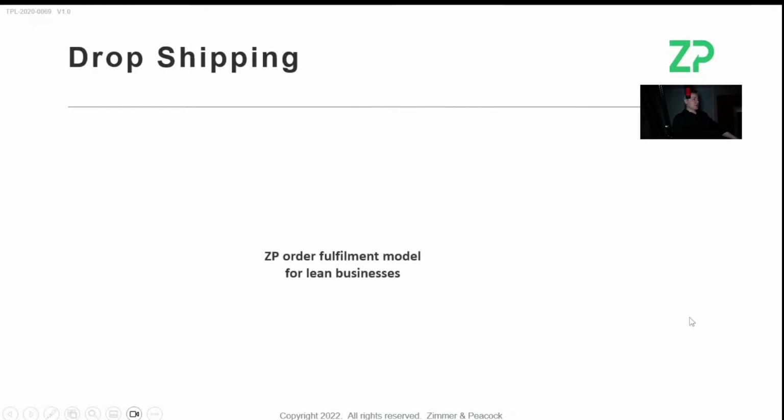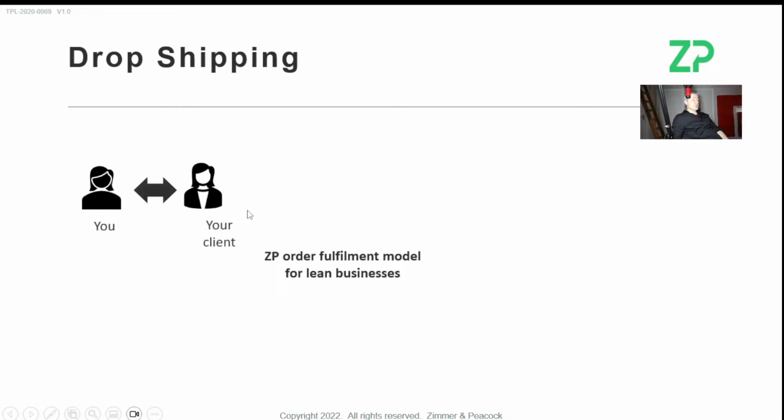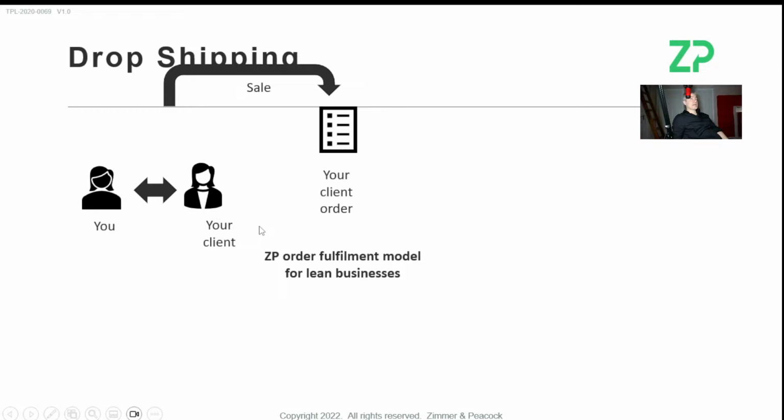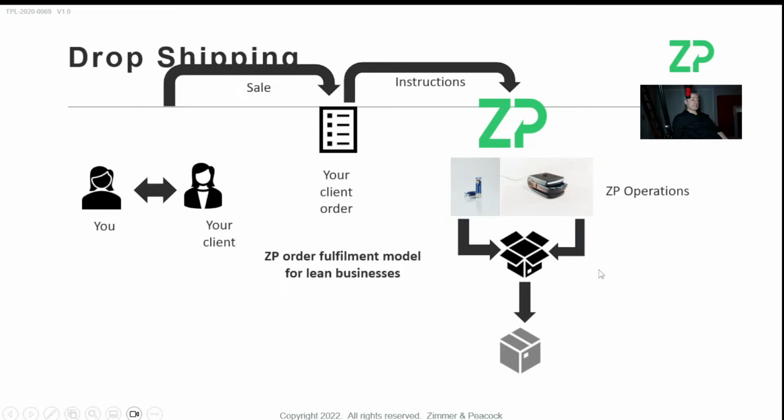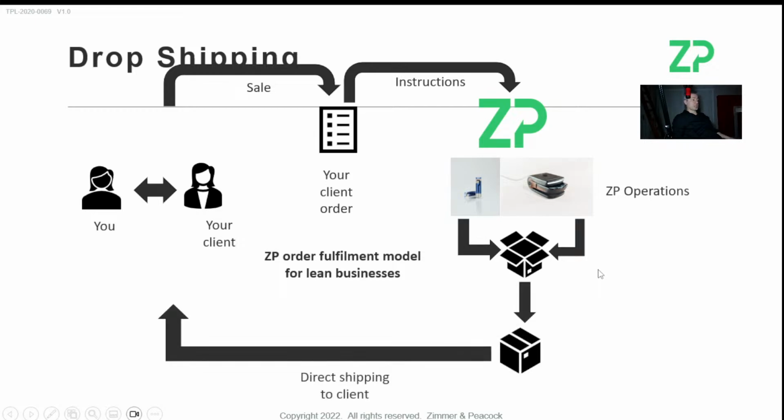The other thing about this as well is we've got a business model built into it, a drop shipping business model. What I mean by that is lots of people are obviously focused on the science and technology, but one day this science and technology actually has to get out into the real world. So we have a business model where you have a client and you essentially make a sale. Now that sale becomes instructions. Those instructions come to us. We can manufacture the meter. So for example, we can put them in a box and essentially drop ship it to the actual customer.